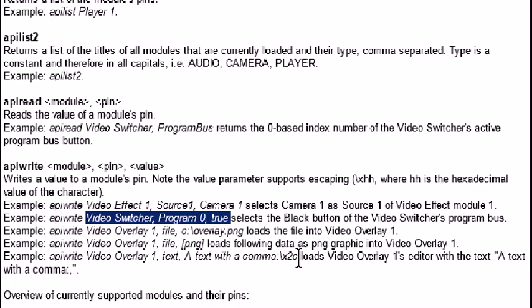So that would turn on camera number 1. Or whatever was in program 1 on the video switcher would be that. And then we would say, I think false would turn it off. I'd have to check that.